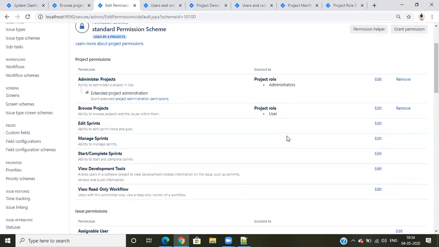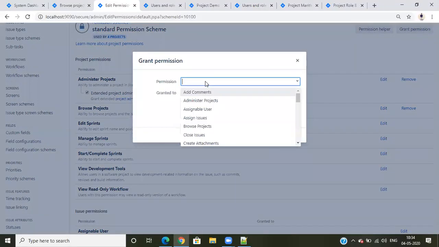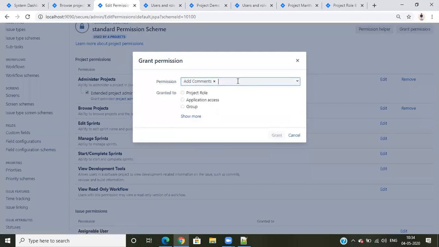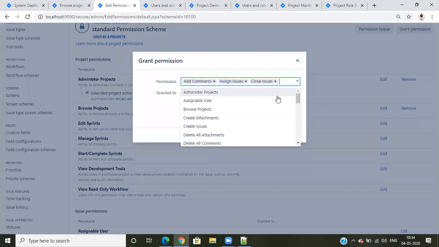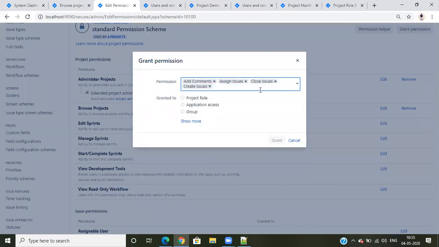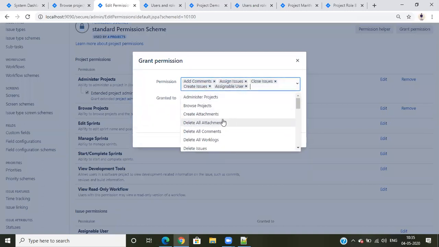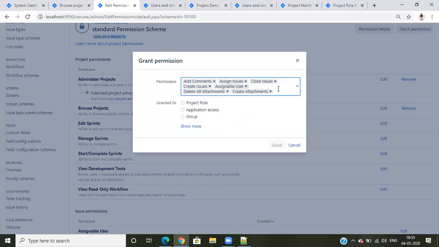I'll show you the exact look and feel of how it is at the organization level, and I'll grant permissions. I'll open add comment, assign issues, close issue permission. I'll select all: label issues, close issues, assign issues, and delete issues.